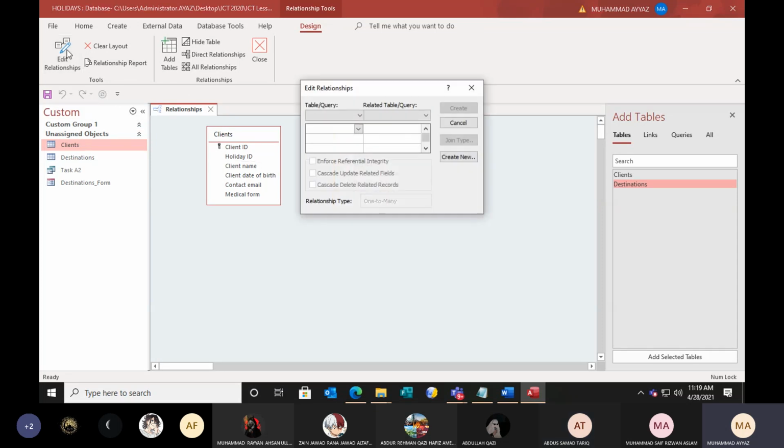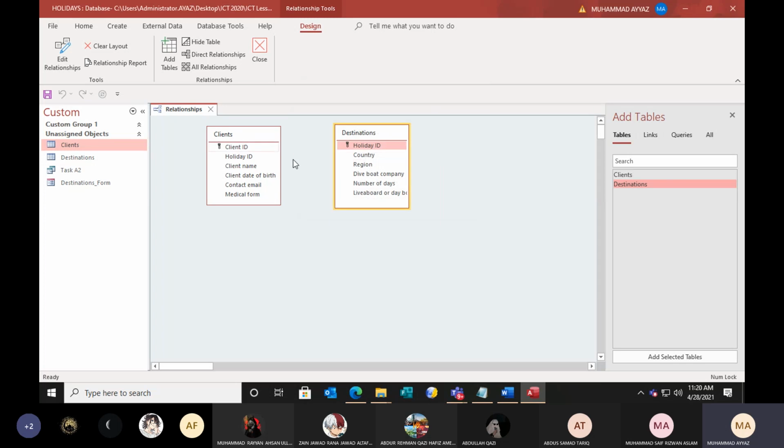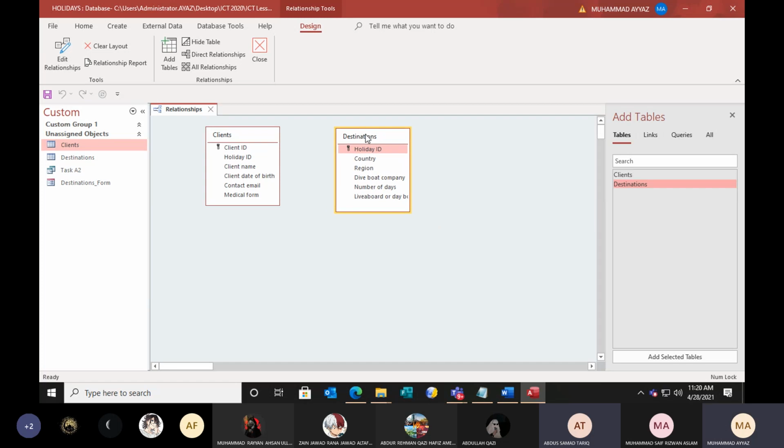Now, no need to edit. No, no need to. And sir, this, we will then see, create. My dear Abdul Samad, this edit is only when you already have a relationship. Sir, but we can add a new relationship like this. We can add a new one. There is a button called create new over here. If we go to edit, you are wasting time, no? You just directly start from here.